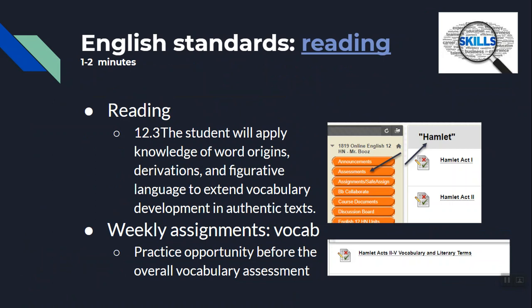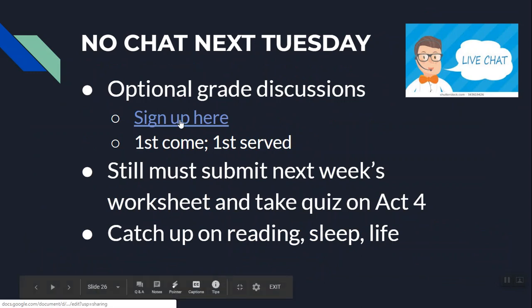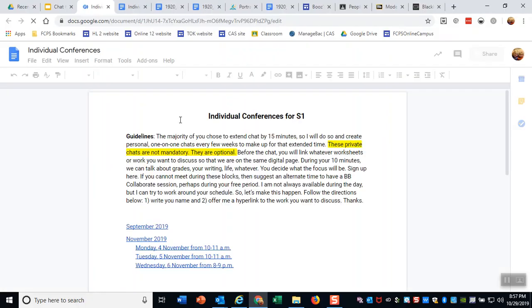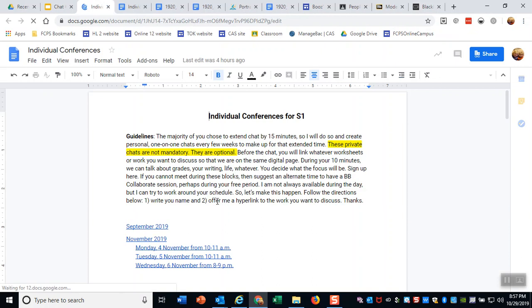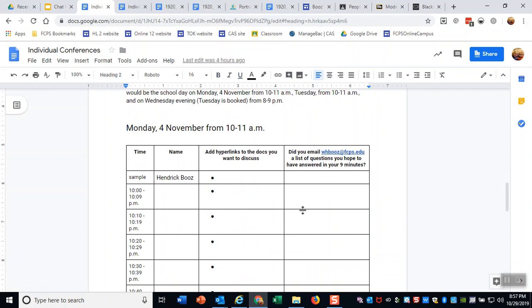The other element here is going to be that you guys have your reading quizzes. You guys all know that. If you need grade discussion, then you can link to this document, and in this document, you guys will find in November I give you 3 dates: Monday from 10 to 11, Tuesday from 10 to 11, and then Wednesday from 8 to 9. Only if you email me. So if you would like to talk to me, then you can go ahead and do so.